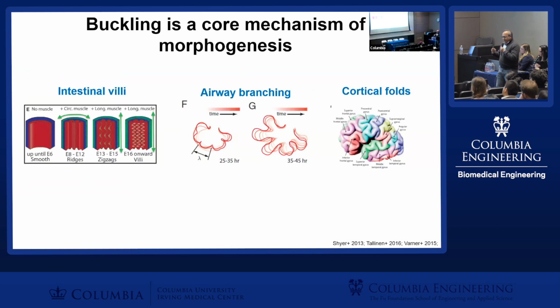So buckling is not only involved in packaging of the intestine, it's increasingly recognized as a core physical mechanism of morphogenesis, implicated in placement of the villi within the luminal surface of the intestine, branching of the airways, and even cortical folds on the surface of the brain. And so our expectation, our hope, is that by studying the small intestine, where we actually have access to measure all of these things,